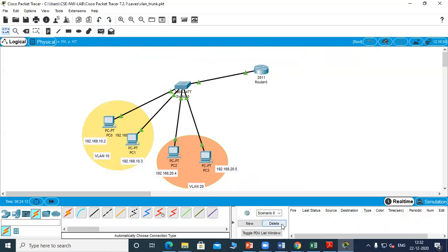So both the networks are able to communicate. In case the router was not divided into sub interfaces, then communication is not possible.